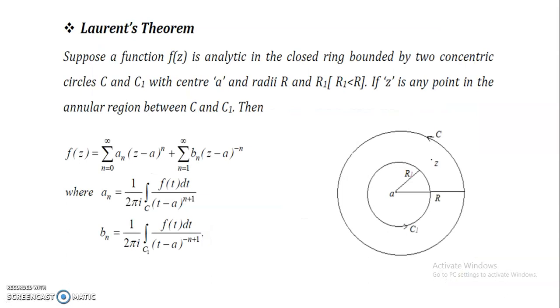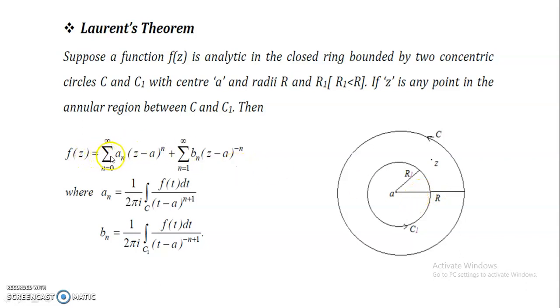Before we see those problems, we'll see the statement of Laurent's theorem. Suppose a function f(z) is analytic in a closed ring bounded by two concentric circles C and C1 with center at a and radii R and R1. Then R is greater than the radius of the circle C1. If you take any point z inside the annular region between the circles C and C1, then